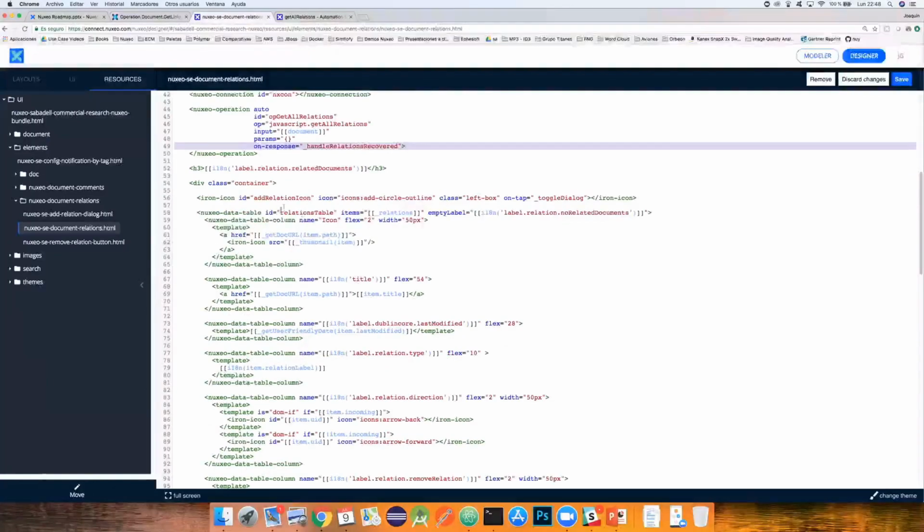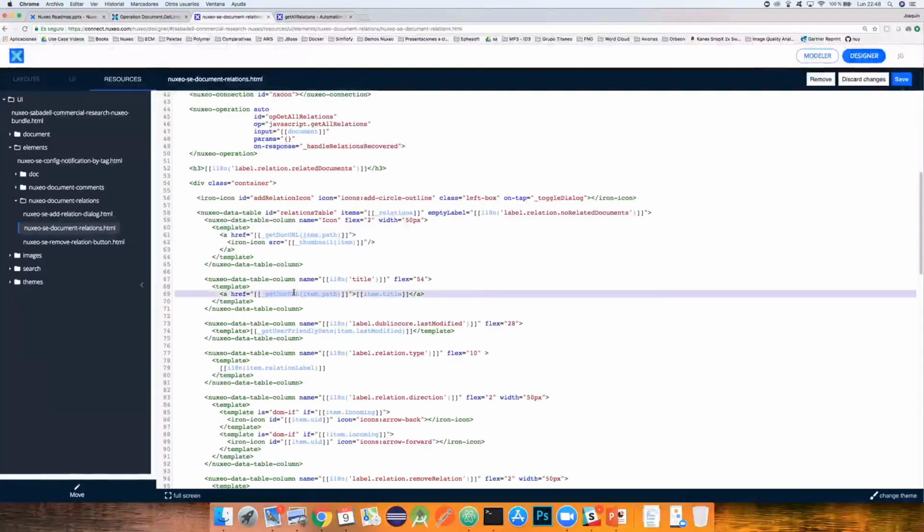So with this table, we just said that items is going to use these relations, and we can access as item dot under property name in the different fields of the table. Usually inside a Nuxeo data table, you have different Nuxeo data table columns. And here we are setting the thumbnail. Here we are setting the URL in a link